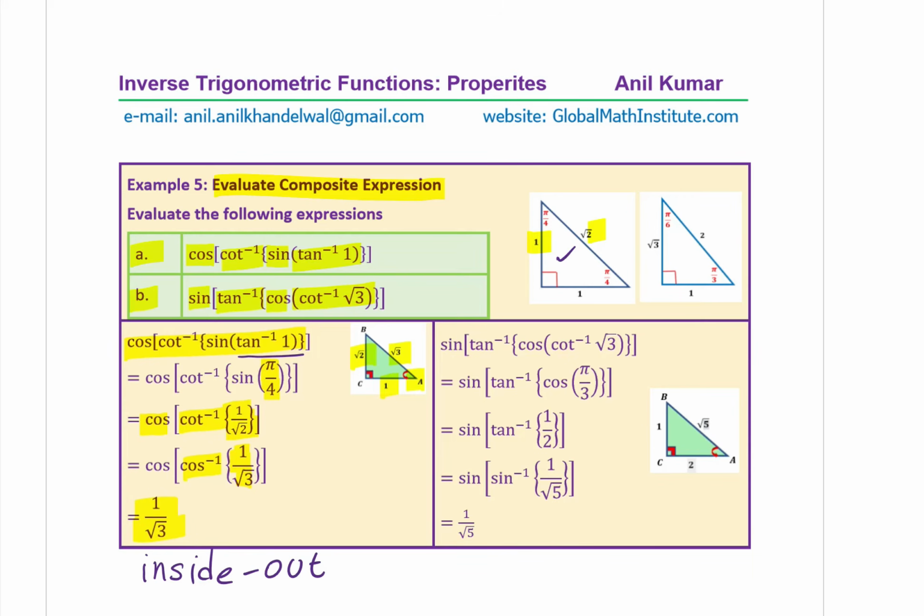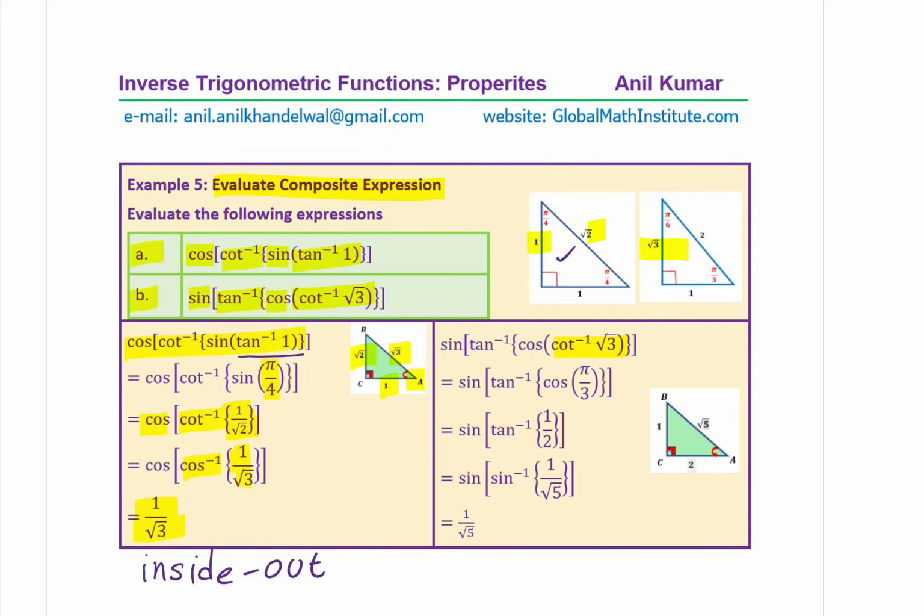You get the idea. That is how we have to solve it. So I hope it is clear. Try to do part B yourself and then look into this suggestion. Start from inside out, cot inverse of square root of 3. So we are looking into this particular triangle. Cot inverse of square root of 3 means that the side will be,